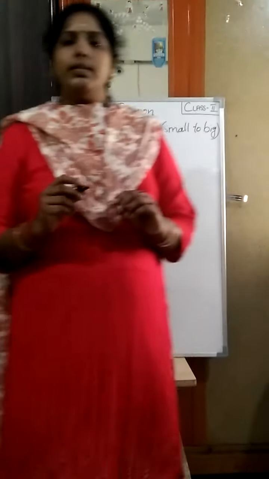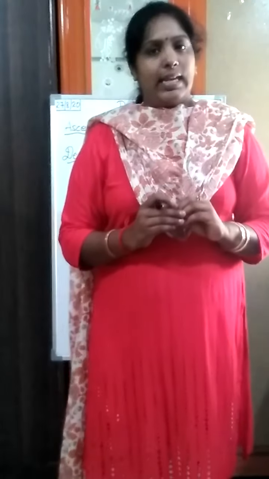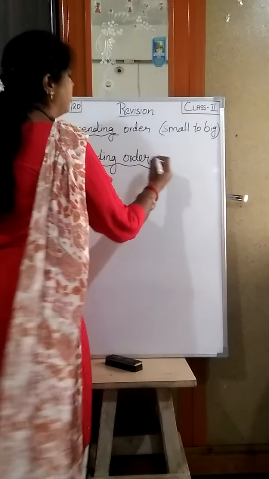So descending order. Descending order means things that go from big to small. So for example, we will take a pencil. When you buy a pencil, it will be a big, new pencil, right? After that you start to use it, you will keep on sharpening, right? Sharpening, what will happen? It will become small. So from big to small is a descending order.